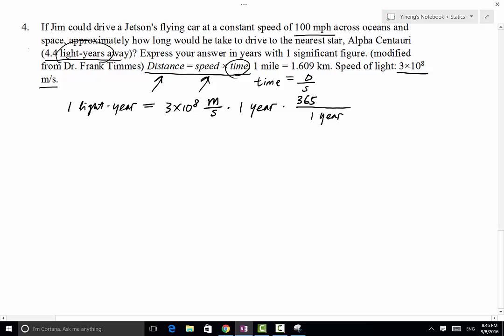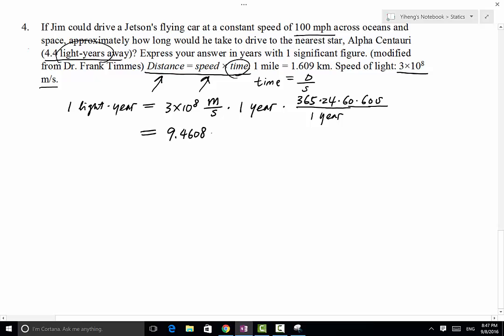365 days in a year times 24 hours in a day times 60 minutes in an hour, and lastly 60 seconds in a minute. Okay, and then year and year cancel out, second and second cancel out. So the result given in scientific notation is going to be